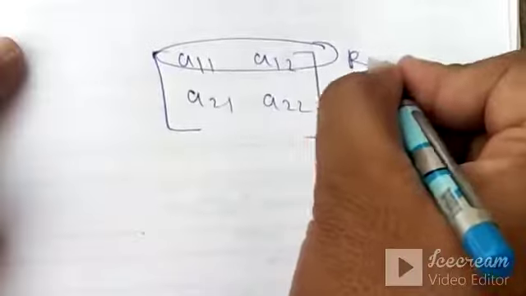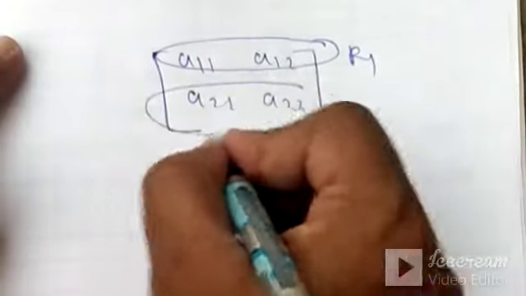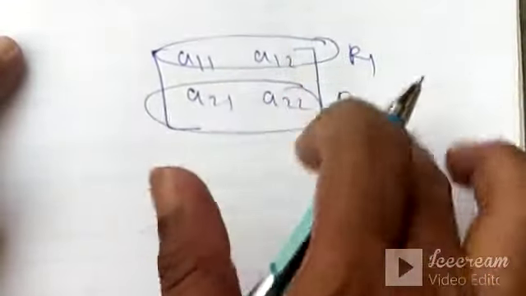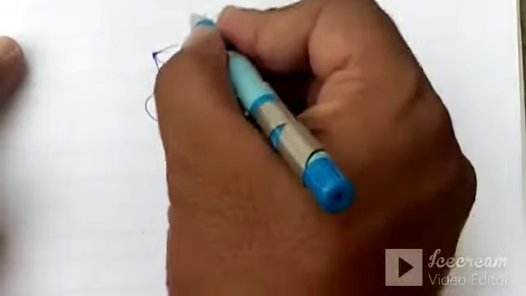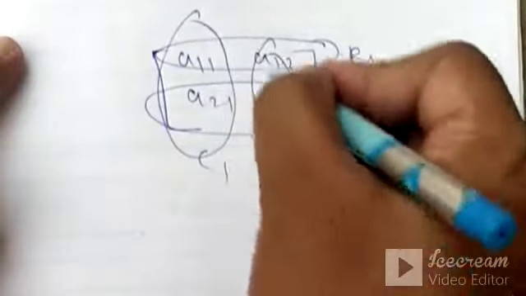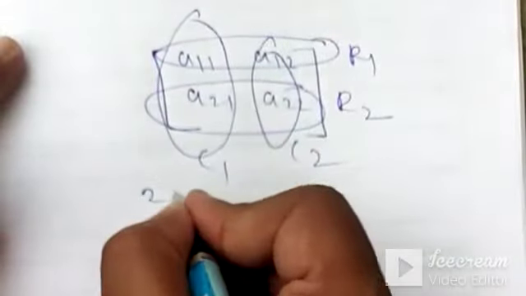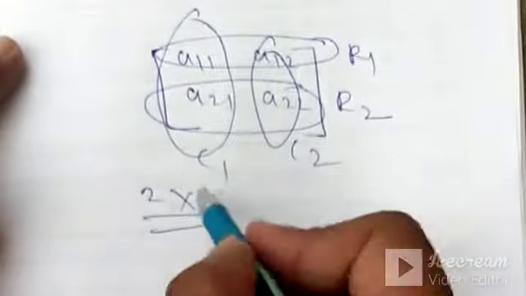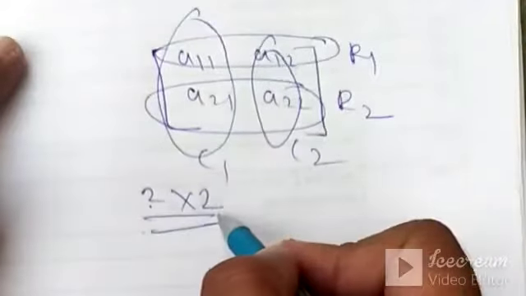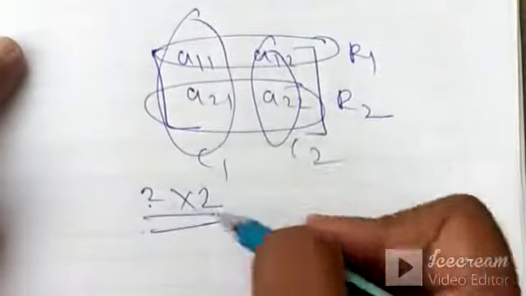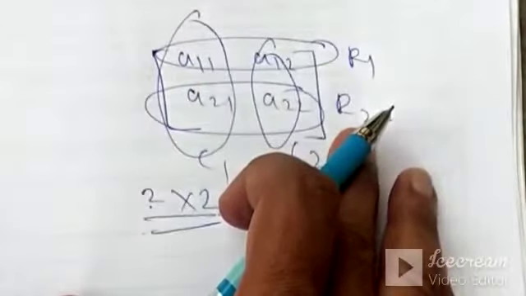See here, in this matrix we have 2 rows, first row, second row. We have 2 rows and 2 columns, first column, second column. So in this matrix we have 2 rows and 2 columns. Here number of rows equal to the number of columns. Such type matrix we call square matrix. Understood what is the square matrix?